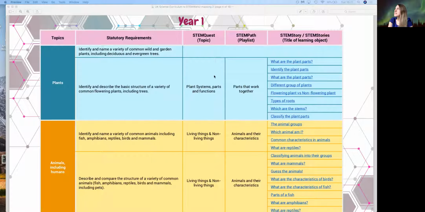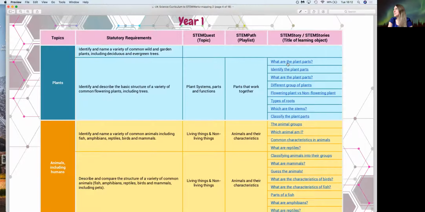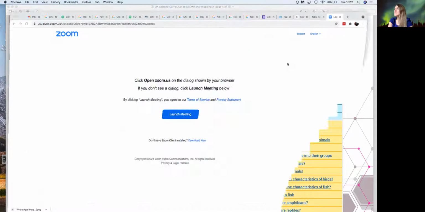So this is the STEMQuest topic that they can go to. This is the STEM path playlist, and here's the STEM story. Now what we've done is we've mapped the STEM stories, so you can always go into STEM and go directly into the quest if you would like to look at that. So if we just click on an example here,